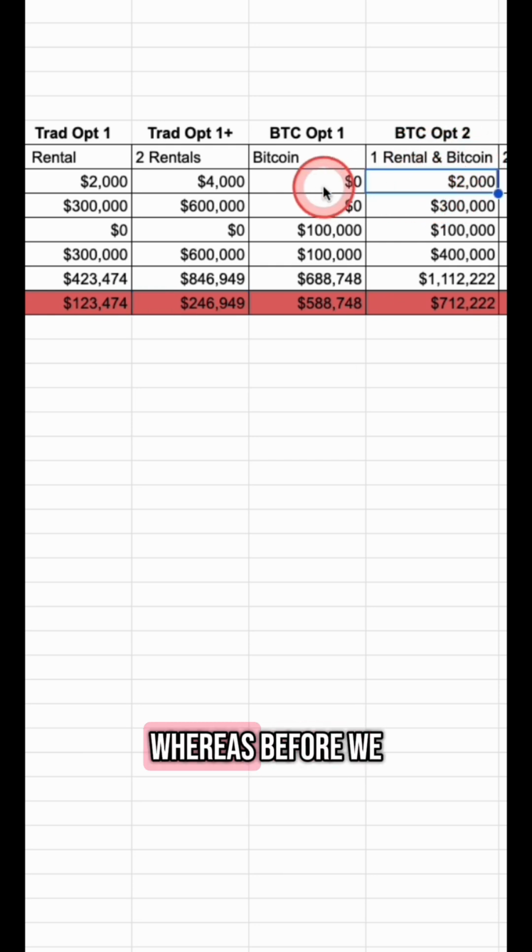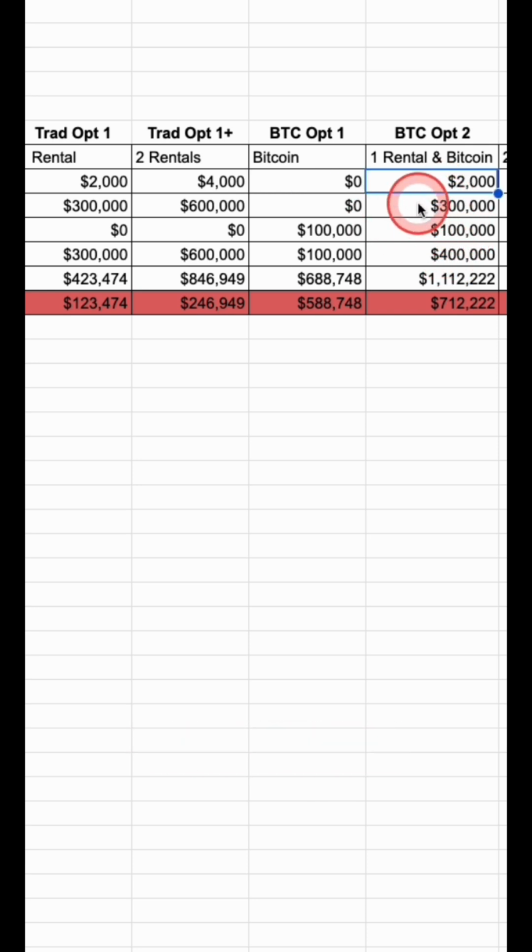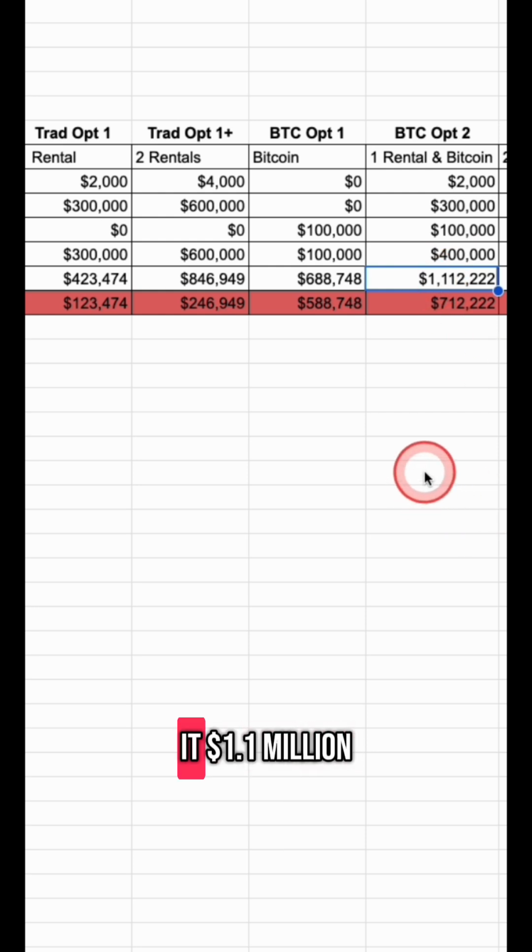Now if we look at Bitcoin option number 2, where we have a single rental and Bitcoin, now we have some cash flow, whereas before we didn't have any cash flow from our Bitcoin. So we have the cash flow from our rental. Initial starting value of our real estate is $300,000. Initial starting value of Bitcoin is $100,000. Our total is $400,000. And our total value at the end of the 5 years for this option, we'll just call it $1.1 million,